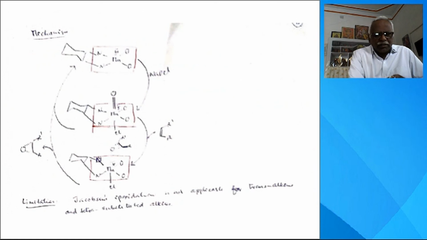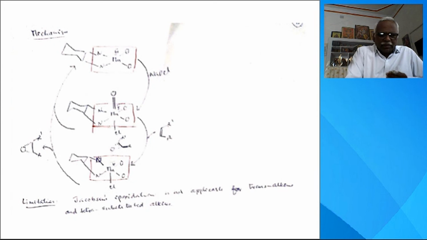So this is the mechanism. This is the cyclohexane-1,2-diamine moiety. Here tert-butyl groups: all these things are covered with bulky tert-butyl groups. The oxygen is obtained from bleach, sodium hypochlorite, NaOCl. This is responsible for the oxidation reaction. And here the alkene will be added from this side because the other sides are occupied by bulky groups. They won't allow the alkene to enter on these sides. So the alkene enters only from this side. Therefore oxygen will be added from this side only, and you get the enantioselective epoxide.